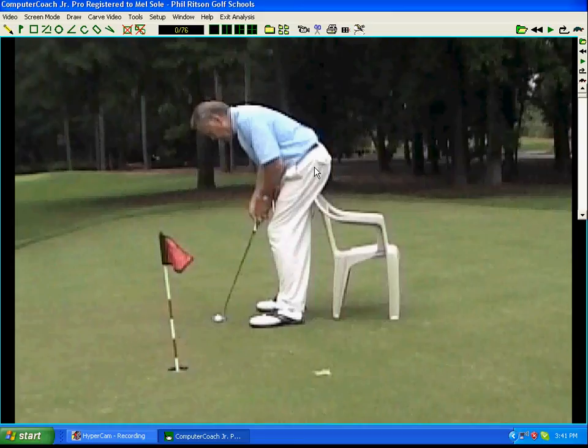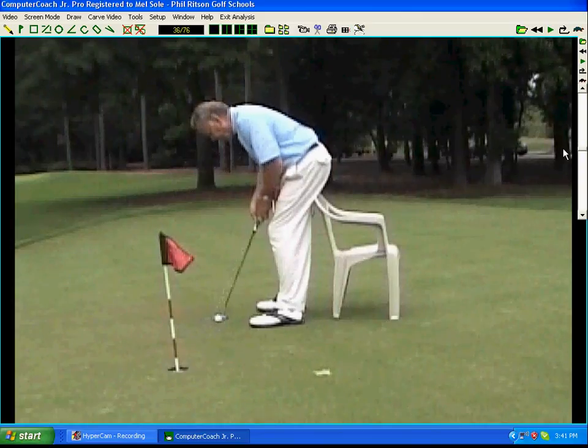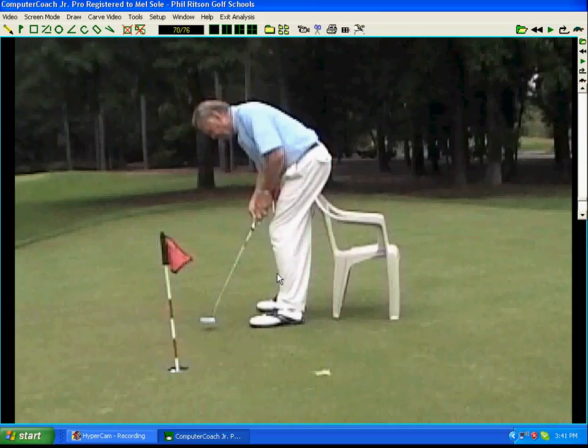this is going to help you stabilize this lower body, and then go ahead and make some strokes. If you want to go to a putting green and take a chair with you like this, that's fine. You can see my lower body here is not moving at all. I'm pressing down fairly hard into the back of my hamstrings there as I'm going through. Once I've done that a few times,